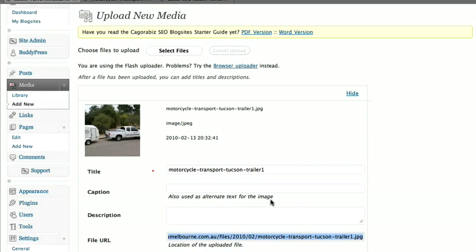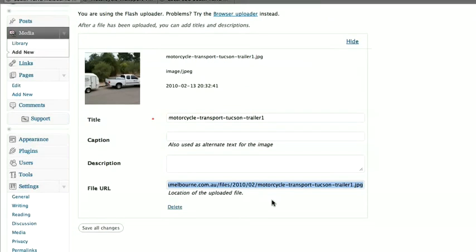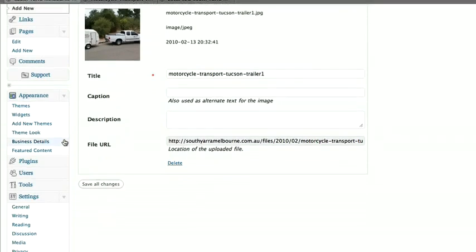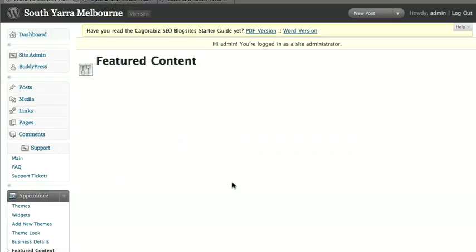Now, our final step, having set the gallery up and chosen which pages or posts we want to feature, is to actually activate things. And to do that, we go to Appearance, and then there's an option here, Featured Content. And this is where you go through,